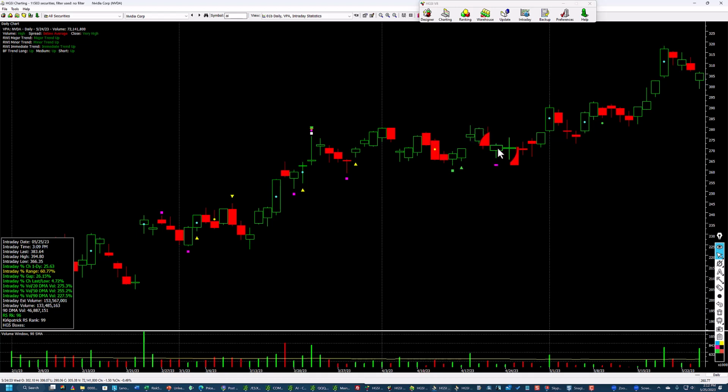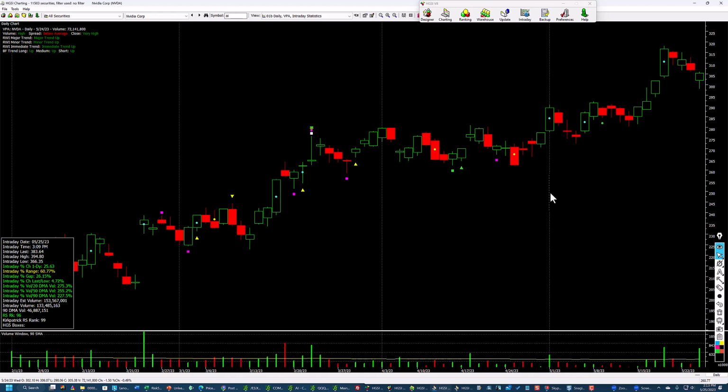This would be a first lower low, then a second lower low, and this could have been a third lower low right there. But these are just general rules. These are rules that a guy named Frank Bunn came up with, and generally they're pretty good rules, but they're